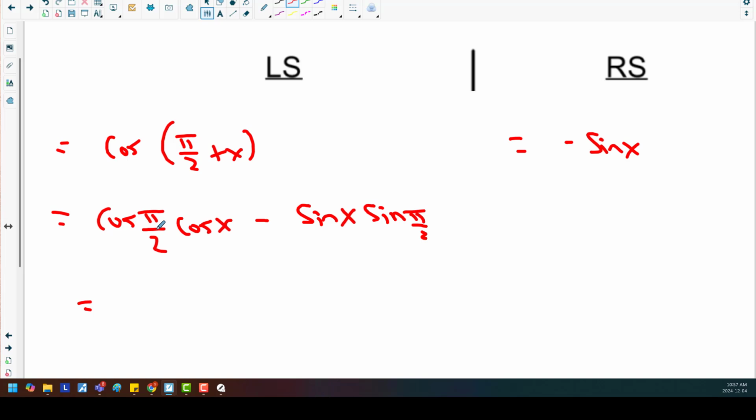Since we know that pi over 2 is essentially 90 degrees, you can evaluate this. Now you can use radians as long as your calculator is in radians mode, or you can use degrees as long as your calculator is in that correct mode. So cos of 90 is what? Or if you remember from the graph,